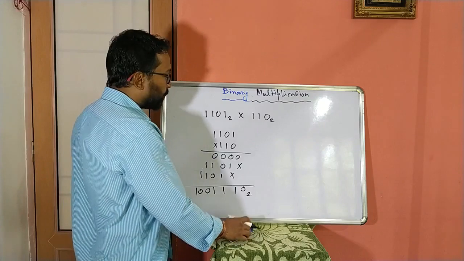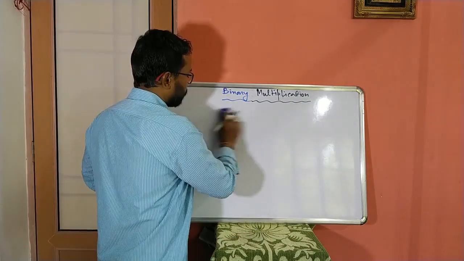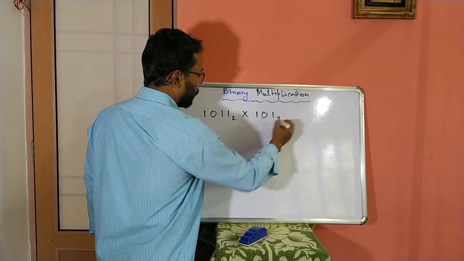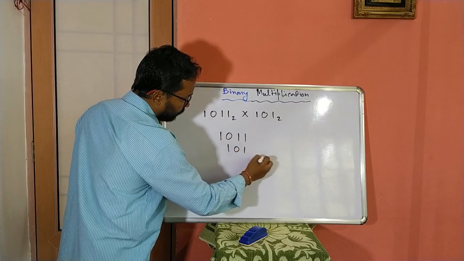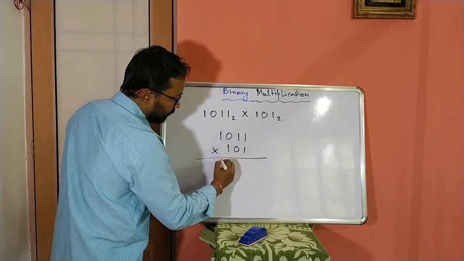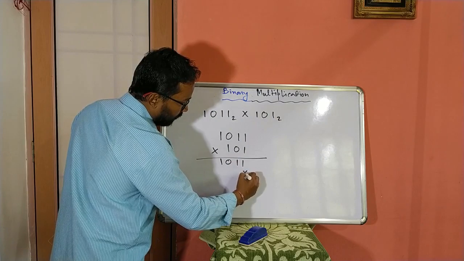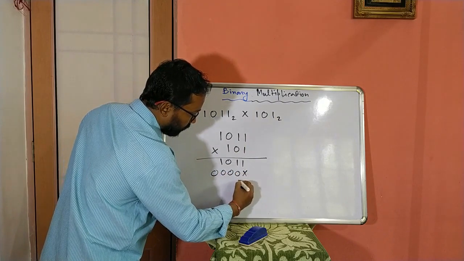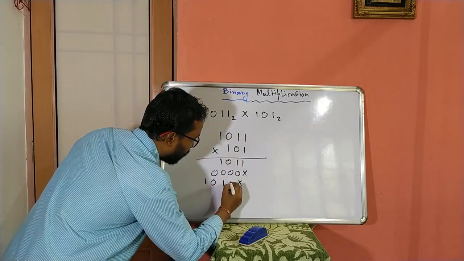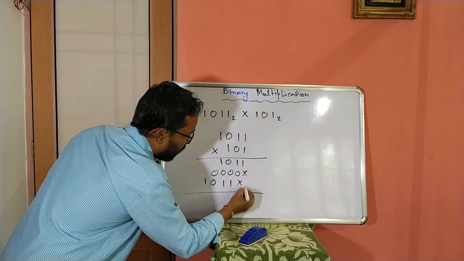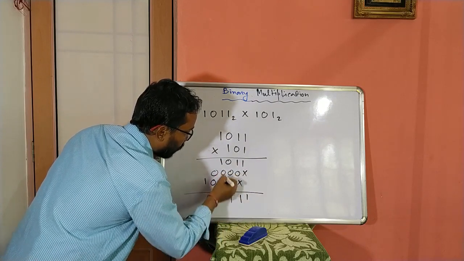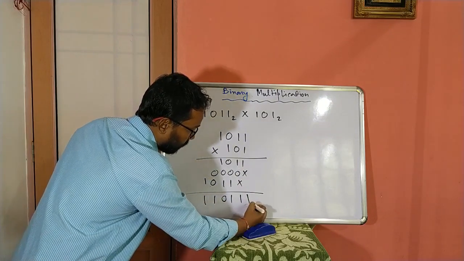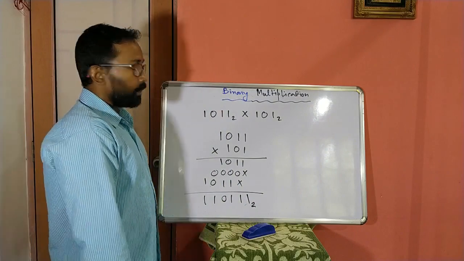Okay, so we will go to another example. This one will be multiplied with this 1 0 1 1. Then with 0, this 4 zeros, 1 2 3 4. Then with this 0 1 1. Then they are summed, here 1, here 1, here also 1, 1 plus 1 is 1 0. This 1 will carry this side, so 1, here also 1. Understand? Now what is left?